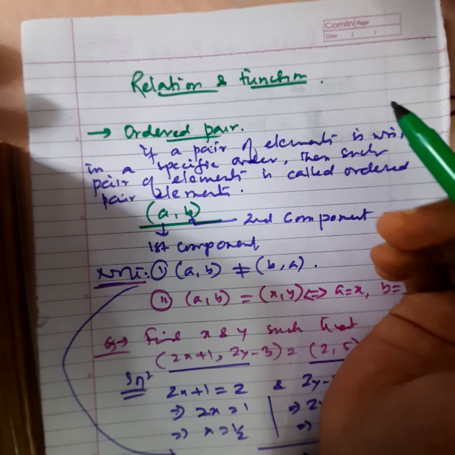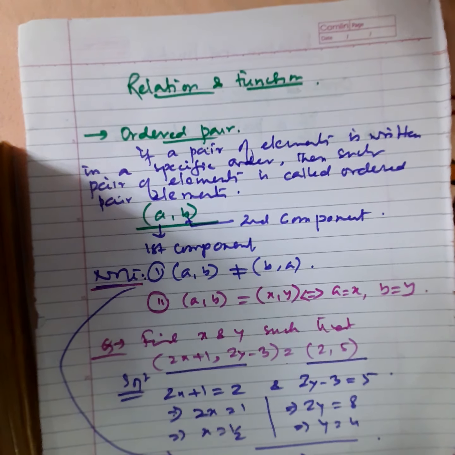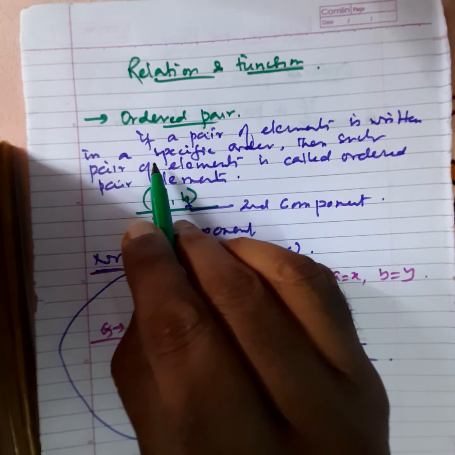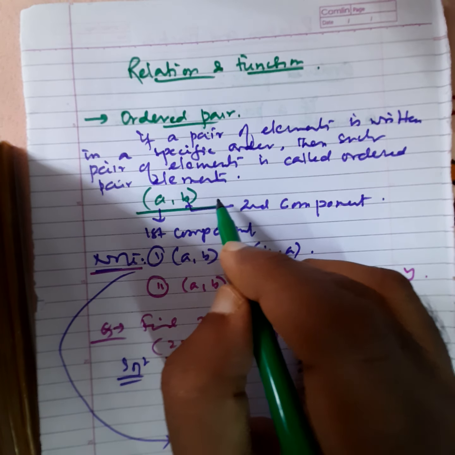Welcome to MH class. Today we'll discuss relations and functions of class 11. Okay, first we have to know what ordered pair elements are. If a pair of elements is written in a specific order, then such a pair of elements is called an ordered pair